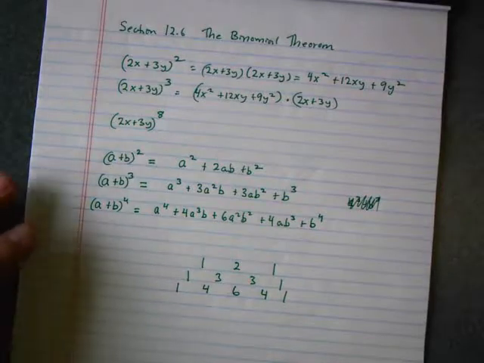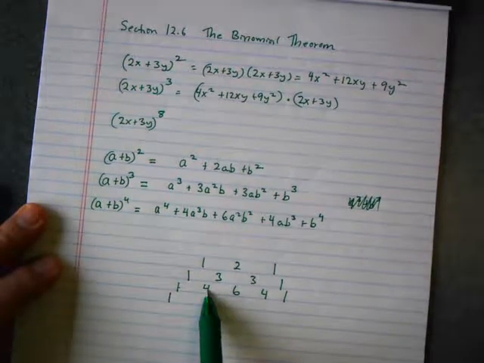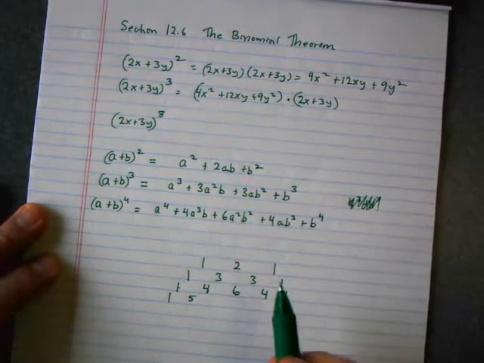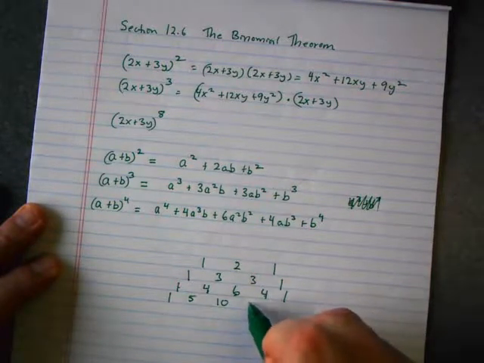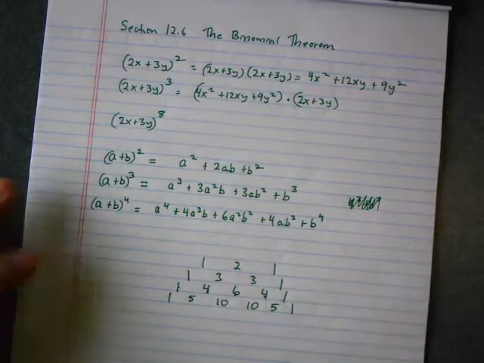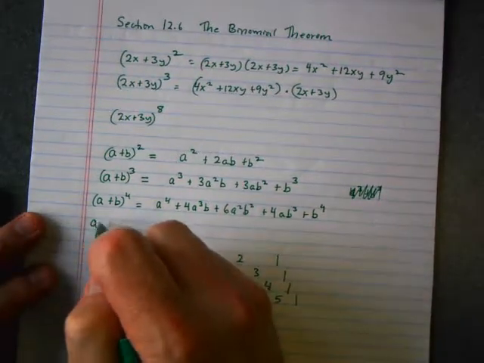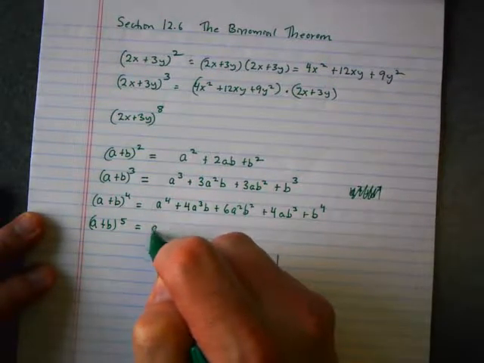So how does Pascal's triangle work? The next one is 1. 1 plus 4 is 5. 4 plus 6 is 10. 6 plus 4 is 10. 4 plus 1 is 5, and then a 1 on the end. So the next row, a plus b to the 5th, starts with a to the 5th,